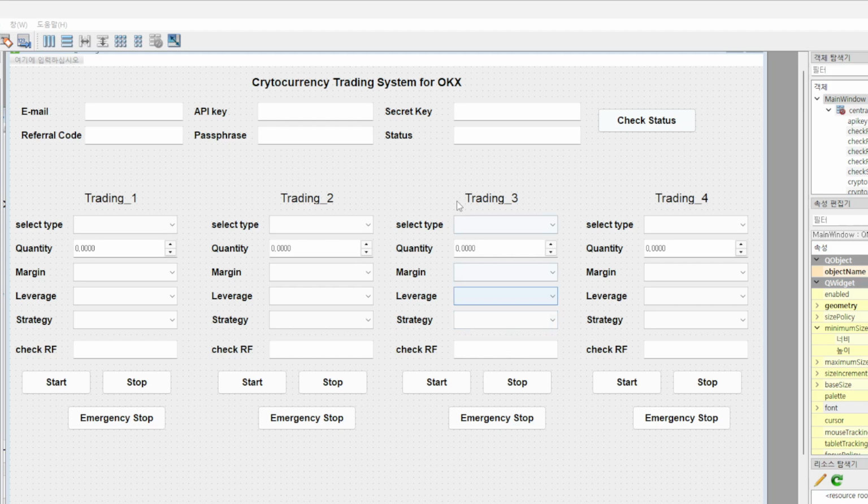This system is divided into two main sections, the information section and the trading section. First, let's look at the info section. Here you will